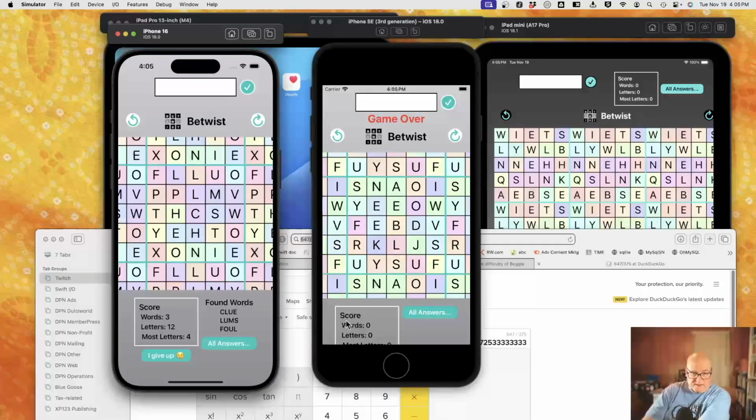So I think one way would be to put this button over here under all answers, and then the score would be the only thing. And if we got the score in range, then the answers are in range. Although that's not really true, is it? Because if you had 3,